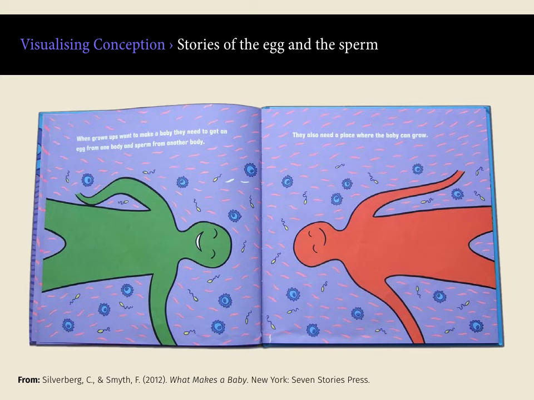When trying to create a book that could be read by all families, including his transgender, gay and lesbian friends who were having kids, Silverberg wanted to include imagery that did not focus on the mother and father themselves, but rather on a sperm and an egg meeting, whether in a test tube or in a uterus. The focus here is on the components needed to make a baby: a sperm, an egg, and a body to grow in. By keeping it open, any family configuration can identify itself in the story.